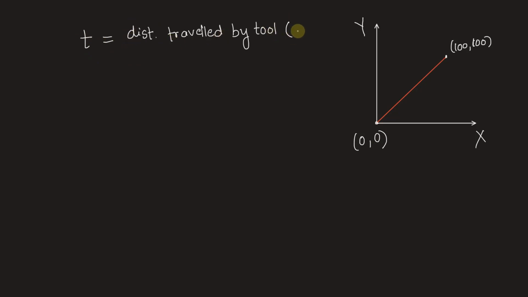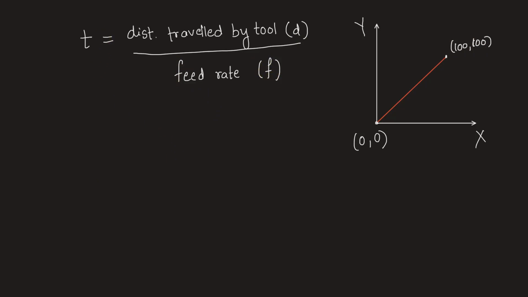So on this XY plane, we can see that the milling machine has to travel from the point (0, 0) to the point (100, 100) somewhere here in order to make the cut. Now, irrespective of the cut width and cut depth, the travel time of the machine, T, will be found out by taking the distance traveled by the tool, let it be small d, divided by the speed of the tool. So the speed at which it is traveling is nothing but the feed rate, let that be F, which is already